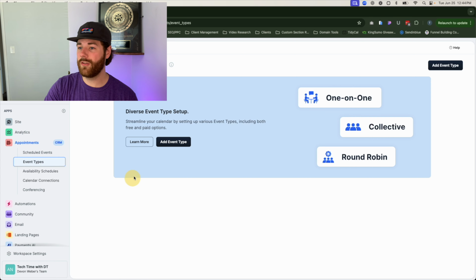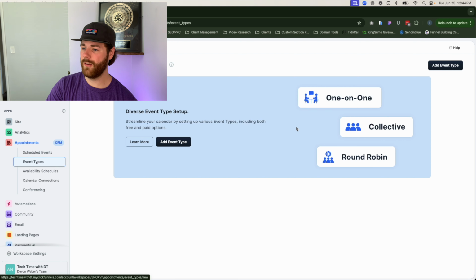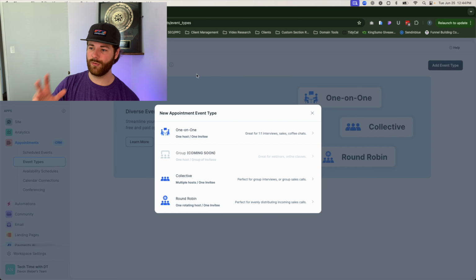Okay, the first thing we can do when we come to this specific tab inside of the platform is click on Add Event Type right here, or over on the right side, or in the middle of the screen if you have nothing set up at this point. All right, once you do so, it'll show a little pop-up where you can select the actual event type